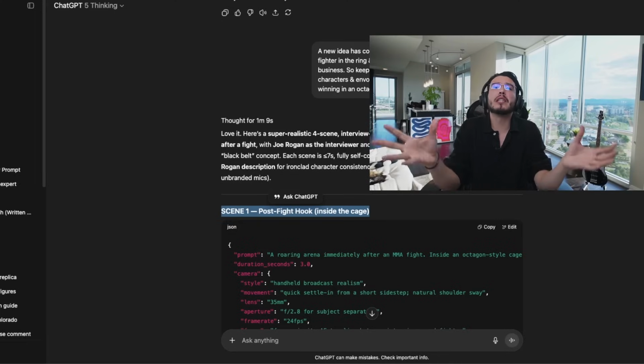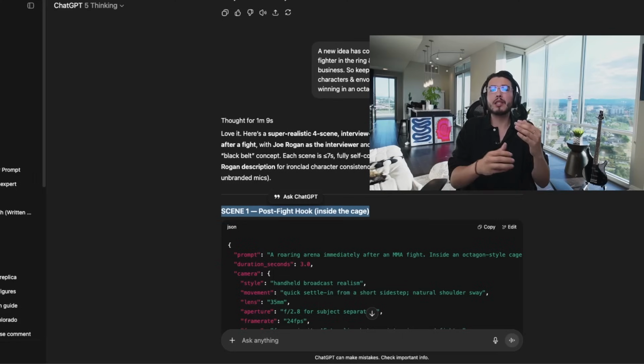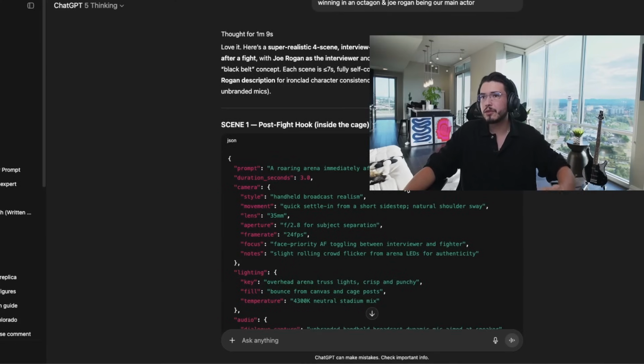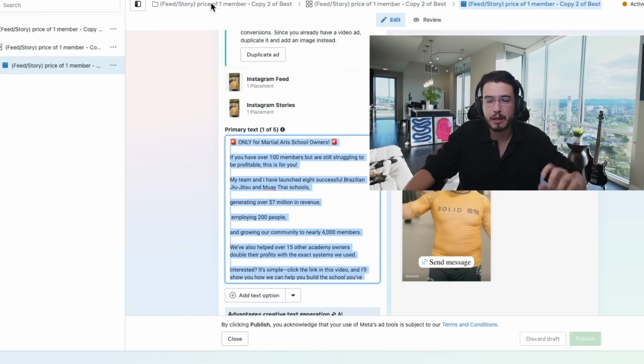So we're setting up scenes that are familiar to people, but using AI to be creative and implement our own offer and penetrate the market through our own products, services, and information. That's how we use AI to create videos and implement it into the marketing workflow we've already been running the past couple years.